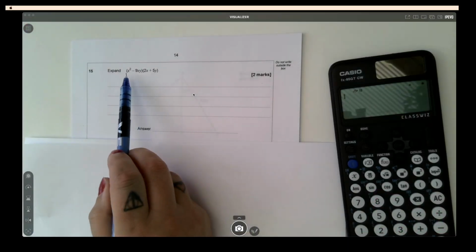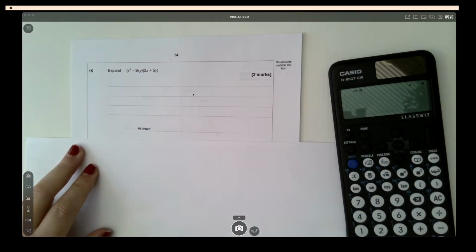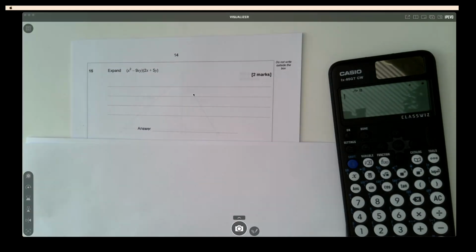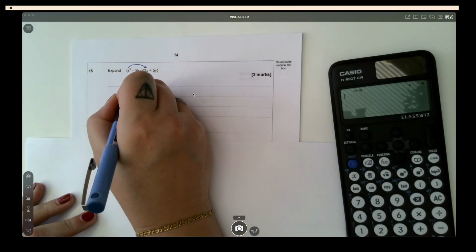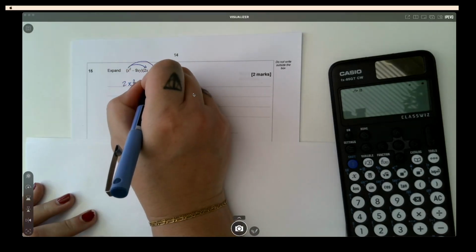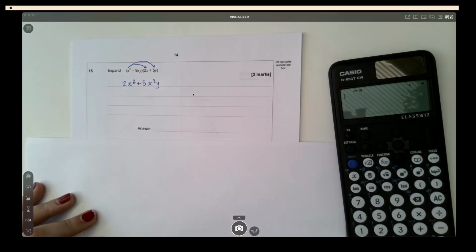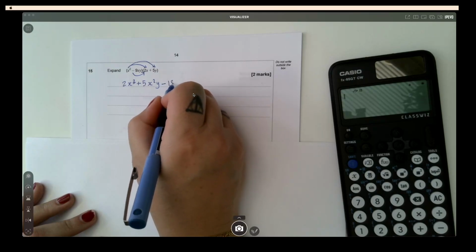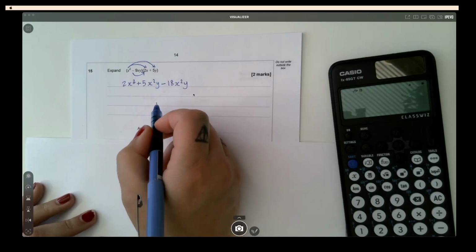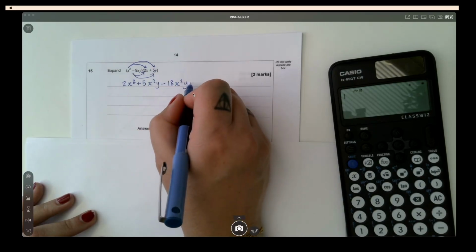Question 15. Expand these two brackets. The first bracket is x squared subtract 9xy. The second bracket is 2x add 5y. When we expand, we multiply everything in one bracket by everything inside the other. So let's start with this. X squared times 2x is 2x cubed. X squared times positive 5y is positive 5x squared y. Negative 9xy multiplied by 2x is negative 18x squared y. Negative 9xy multiplied by positive 5y is negative